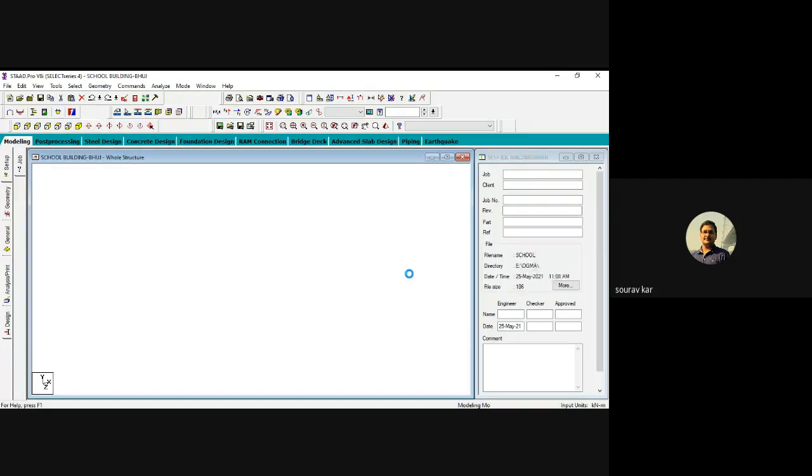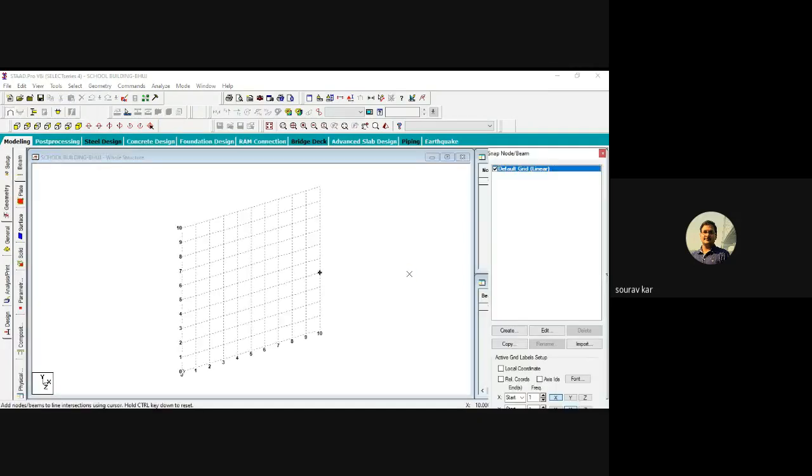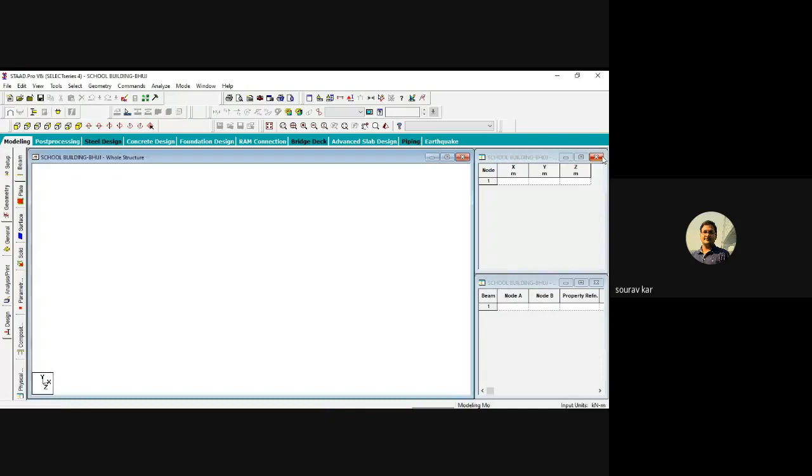The first thing is that by looking at the center line of columns, I have to first create the nodes. Okay. First, let me draw the nodes.